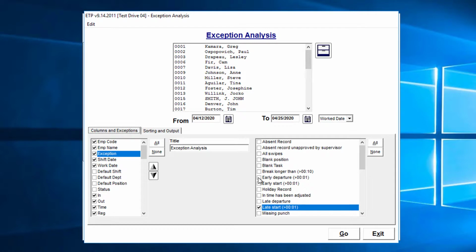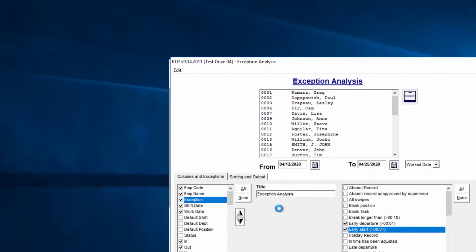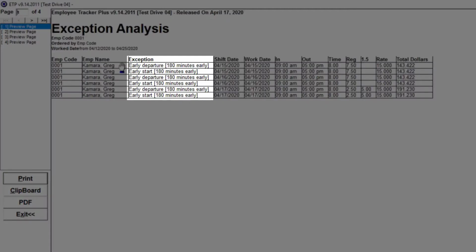Well, let's go with early departure, and we'll go with the early start. We'll just take all these ones here. If we hit go now. Yeah, so very important if you're going to have multiple exceptions to have this exception column. Otherwise, you're not going to know what